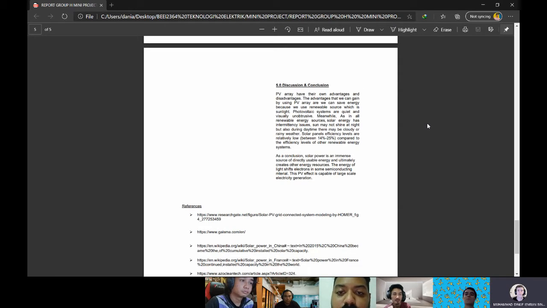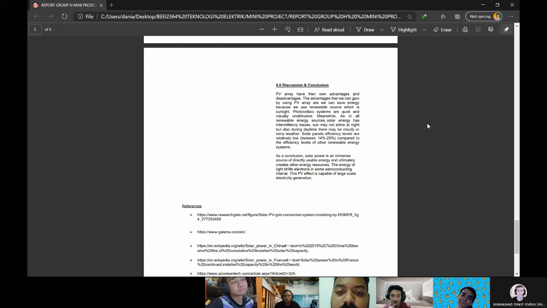Meanwhile, as in all renewable energy sources, solar energy has an intermittency issue. The sun may not shine at night, and during the daytime there may be cloudy or rainy weather. Solar panel efficiency levels are relatively low, between 14% to 25%, compared to the efficiency level of other renewable